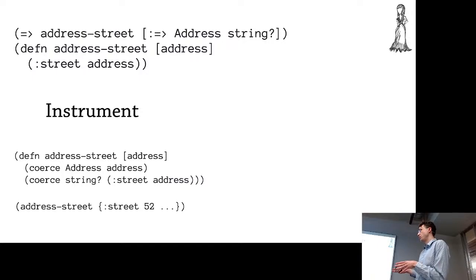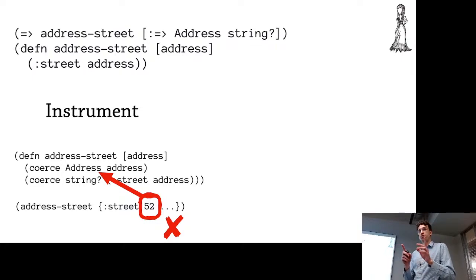So say if we call this function with a street that's 52, then Malli is going to say, well, this should be a string, and in fact, you gave this to address street. At this point in this program, this is where it blows up. So that's the first way that we can use function specs. The second way